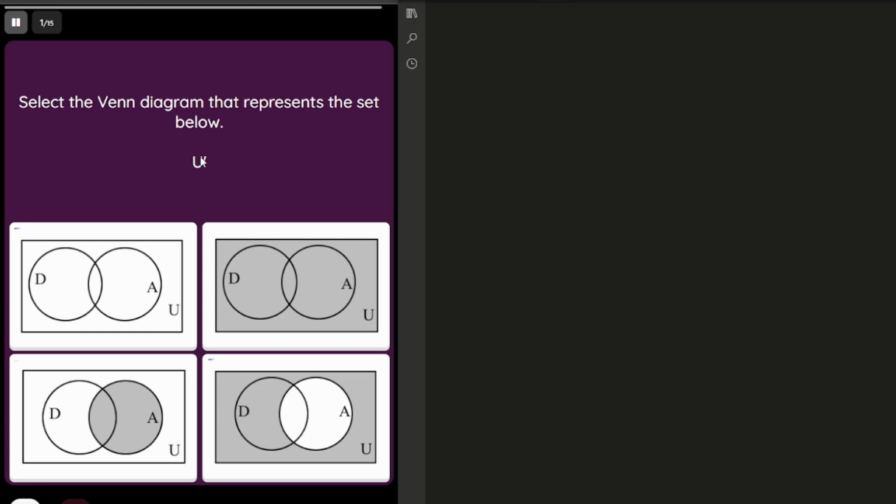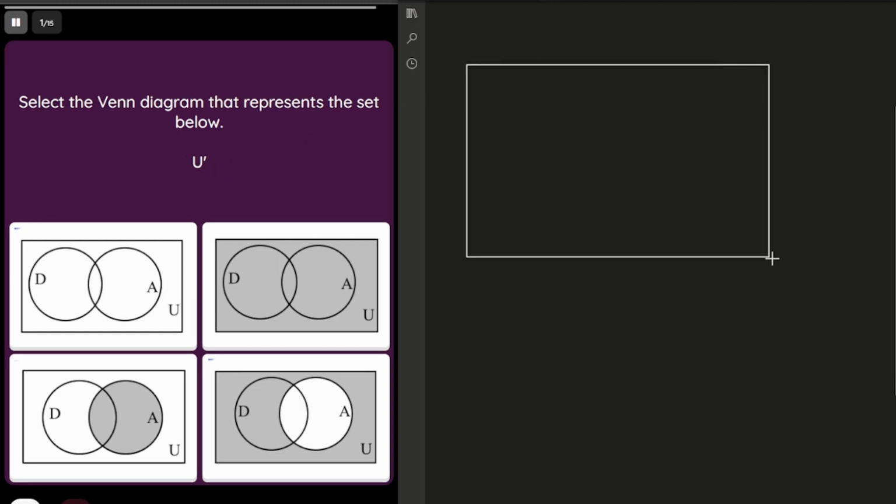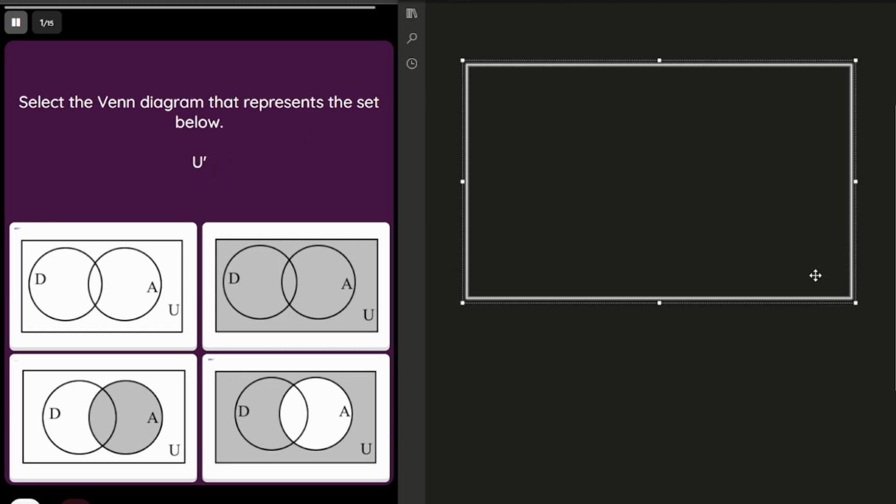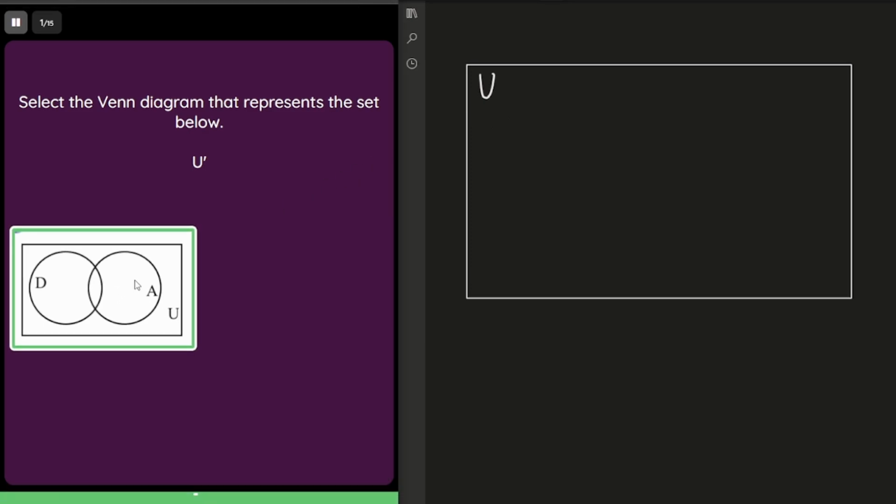We have the complement of the universal set, putting a rectangle for our universal set, label it U. What is the complement of our universal set? Well, it's nothing. If we're going to shade the complement of our universal set, then we will shade nothing. So the answer for this is